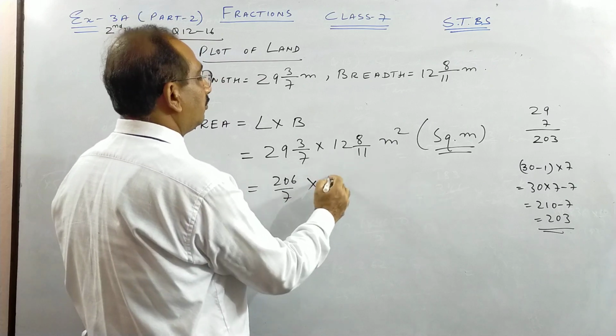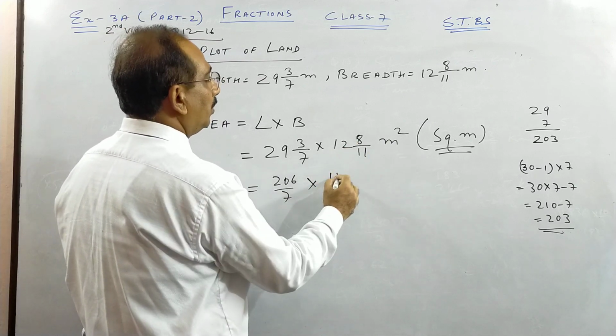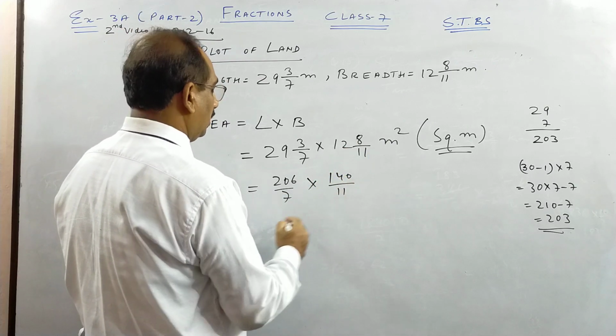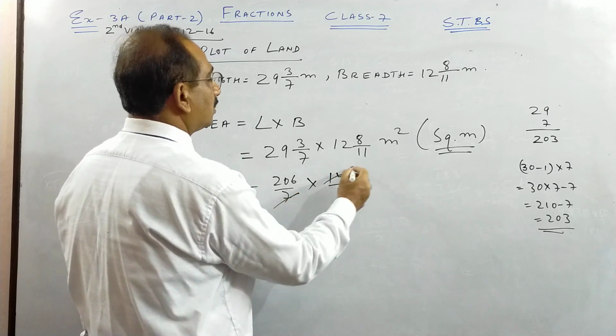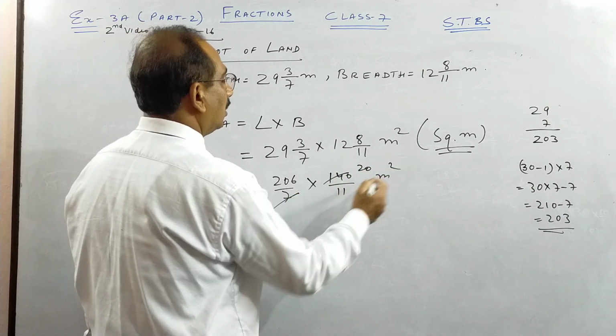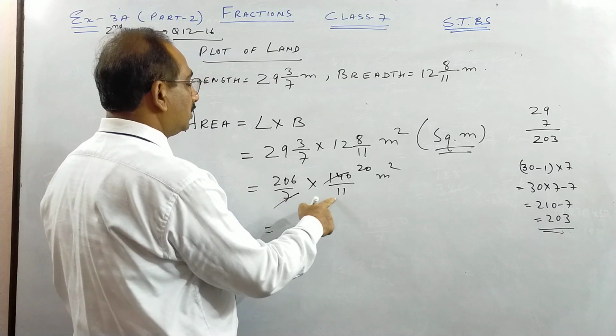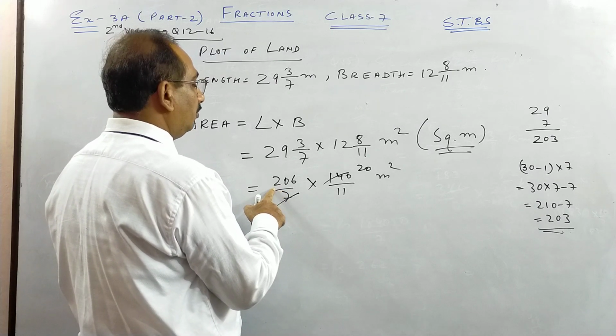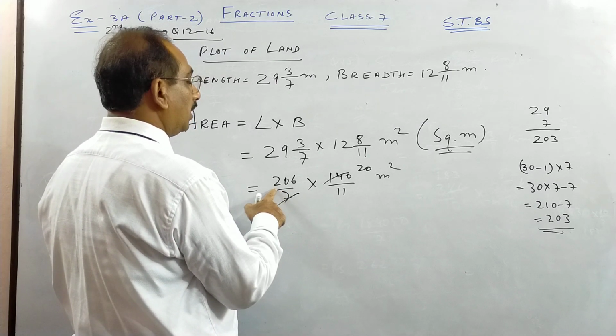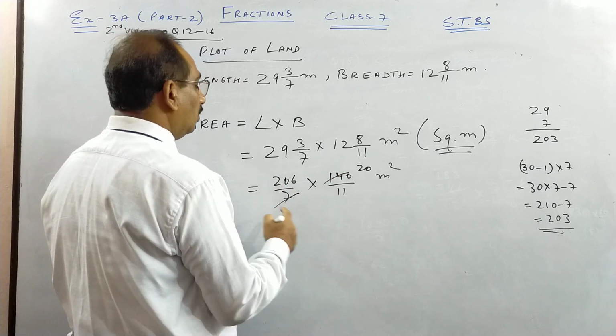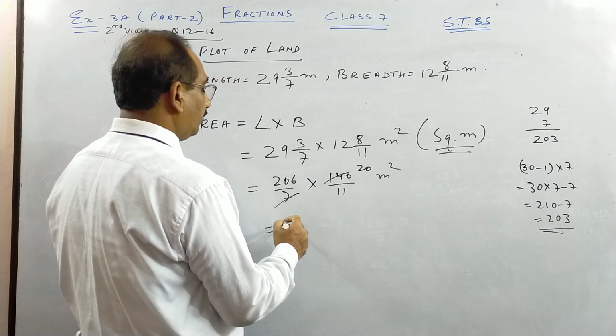Into 11 12s are 132 plus 8, 140 by 11. So this will cancel by 20 times. Okay, now we are left with this. We'll go with 11, 1s are 11, 90. This will not go by 11. So we get, if you see,